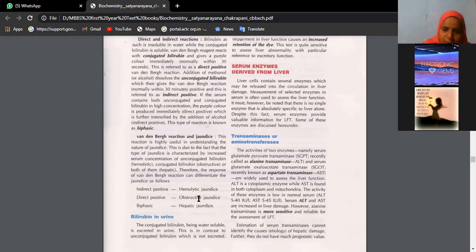So if there is any obstruction, what happens? The bile juice will not enter into the second part of the duodenum. Obviously in such conditions, what will happen? Malabsorption of fat, steatorrhea. Very good. Those are clinical symptoms. One more thing related to jaundice is that whatever bilirubin is there is now absorbed into the blood circulation through the capillaries supplying the extrahepatic biliary apparatus.